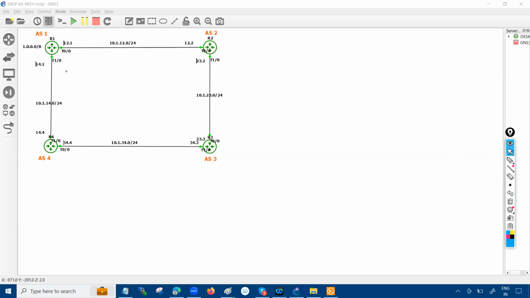You can see that in this topology, we have router one. Router one is running with AS number one, and it has a 1.0.0.0/8 route. At the same time, this interface is configured with 12.1, and this interface with 14.1. Same way on router number two, which is running with AS number two, the 12.2 and 23.2. And the subnet that we are using between R2 and R3 is